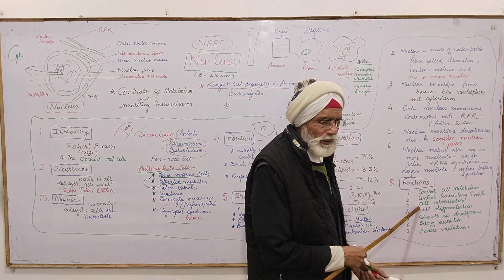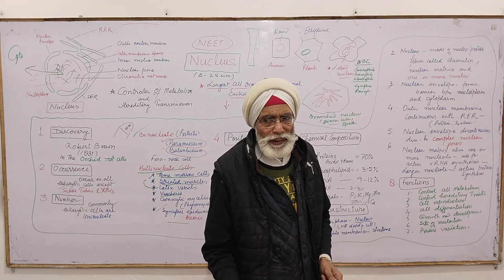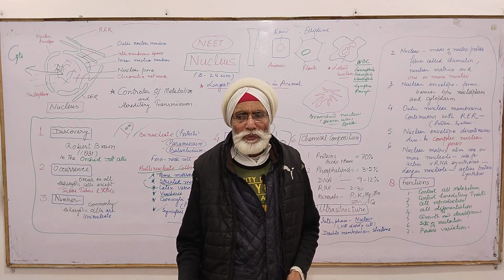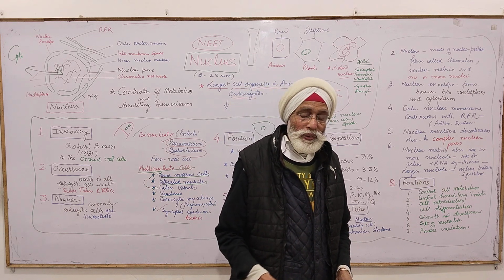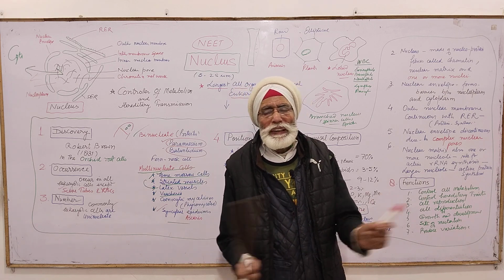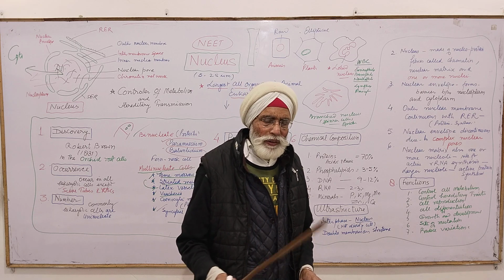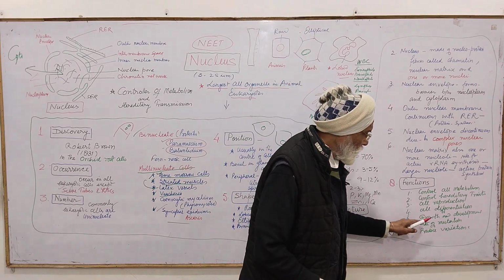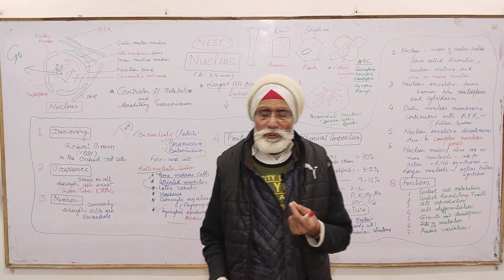Cell reproduction is a very important property of the nucleus, and a cell cannot divide or survive without a nucleus. If you remove the nucleus, it will die within 5 or 6 minutes. The cell also cannot divide without the nucleus. The nucleus is responsible for equal division, whether mitosis or meiosis, and these are all properties due to the nucleus. And growth and development: